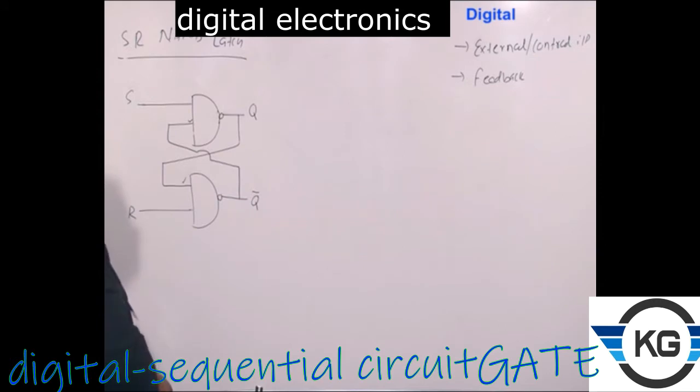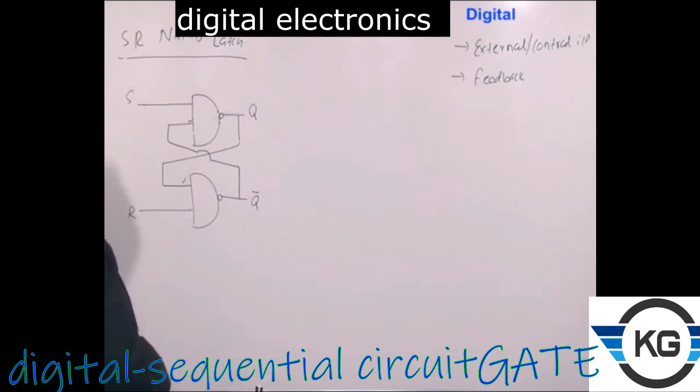But for practical purposes, we assume that these are from the same thing, so everything is the same. But that never happens actually. Even if everything is manufactured with the same device and technology, there always exists a small mismatch between the two. So here, depending on a small propagation mismatch between these two NAND gates, one of the gates is going to respond fast, and with respect to that, the second NAND gate is going to respond.